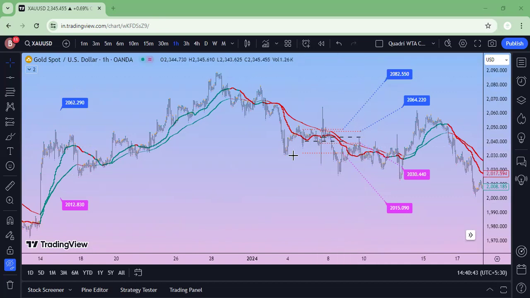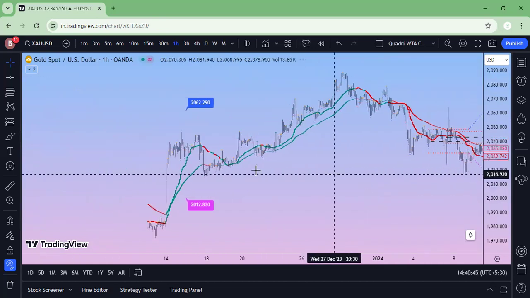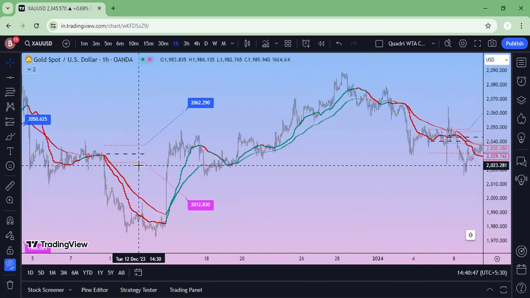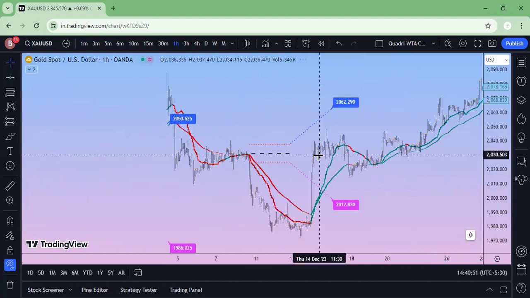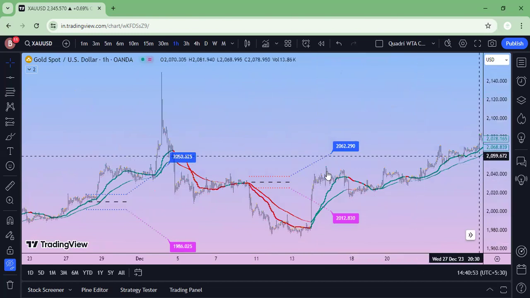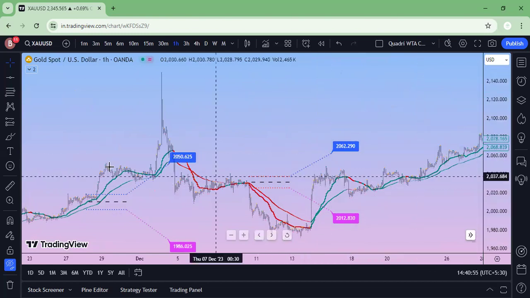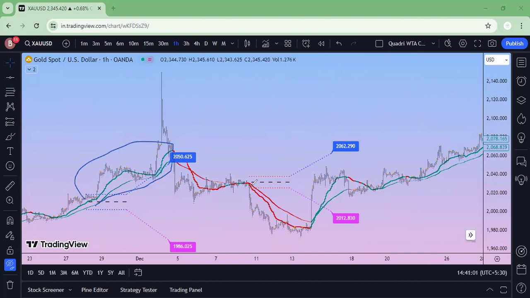Okay, let me complete your first question. We have seen 6 signals in a row. This one is profitable. This one is also profitable. It is quite clear to you, right? This one is profitable. This one almost achieved, profitable. 7 and 8. You want to see 10 signals now?